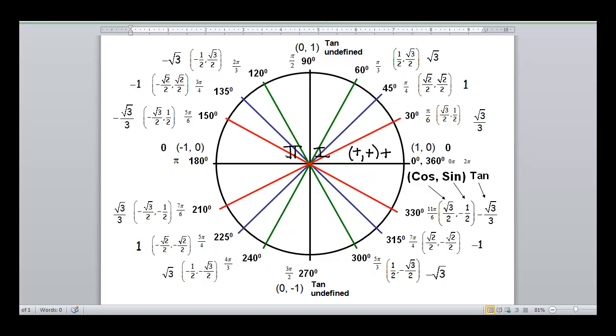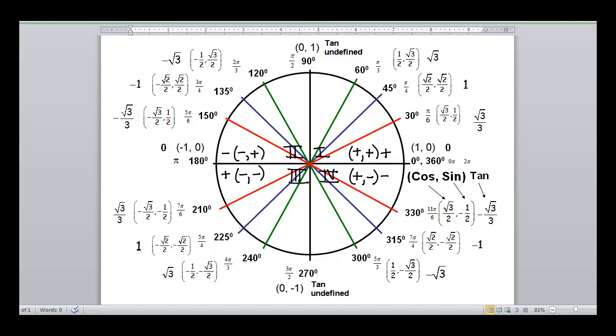In quadrant 2, now cosine is negative, sine is still positive, and tangent is negative. In quadrant 3, we're going to have a positive tangent, but now both cosine and sine are negative. And in quadrant 4, we're going to have a positive cosine value, negative sine, and negative tangent. Since I want negative cosine, I want to be looking in quadrants 2 and 3, again at my 45-degree reference